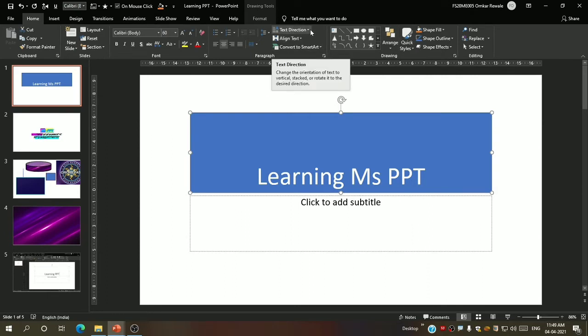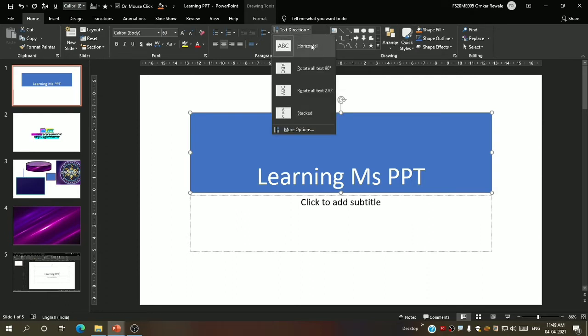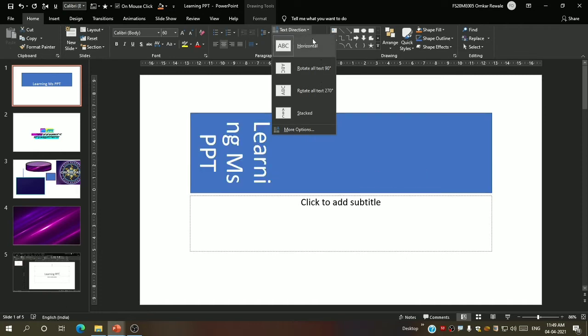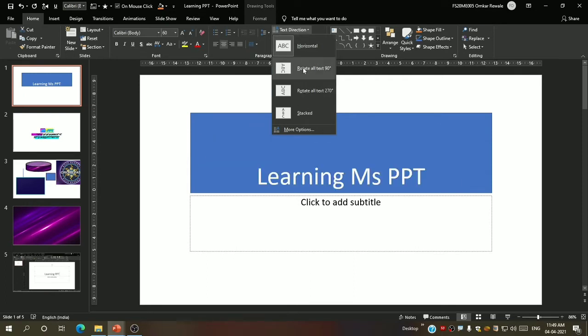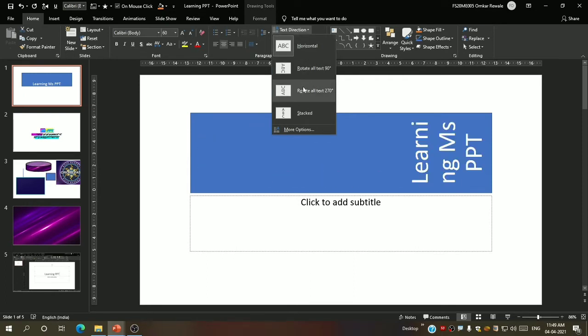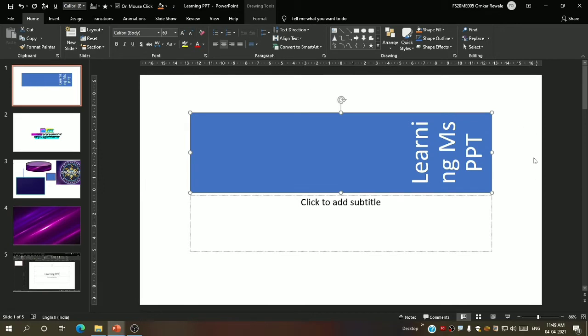Then we will see text direction. Whether the text direction should be horizontal, rotate. You can see as I am moving the cursor towards the new options, the text is changing, right? And when I select something, it will change to that.